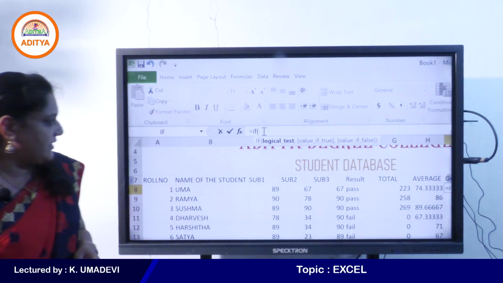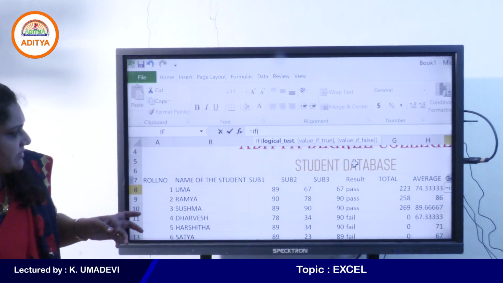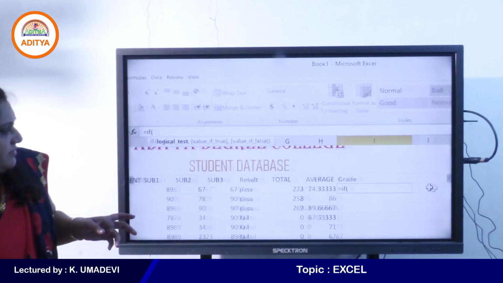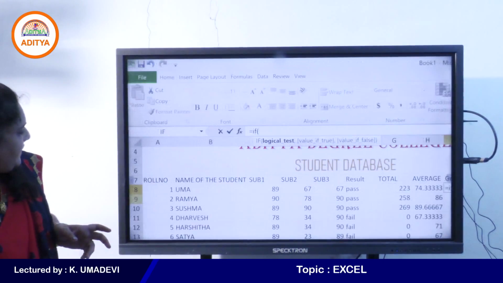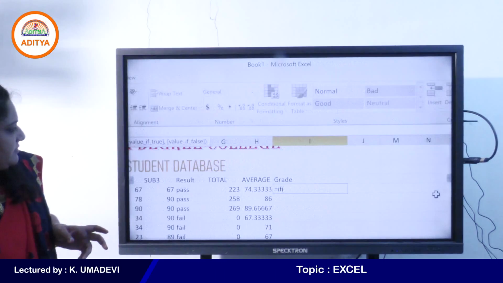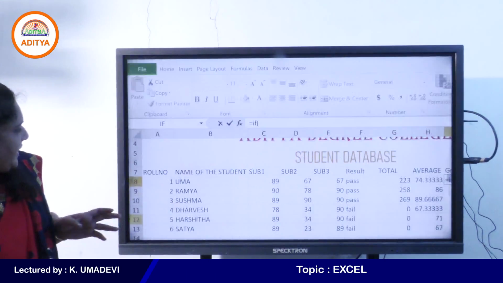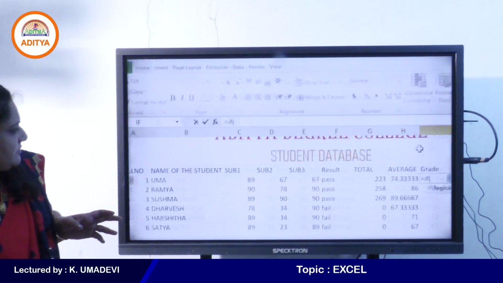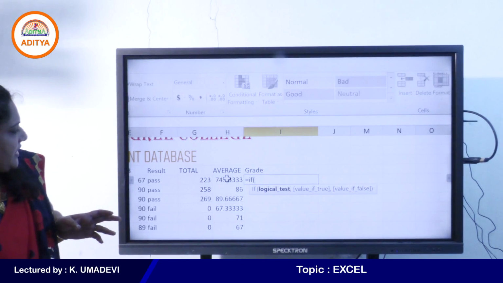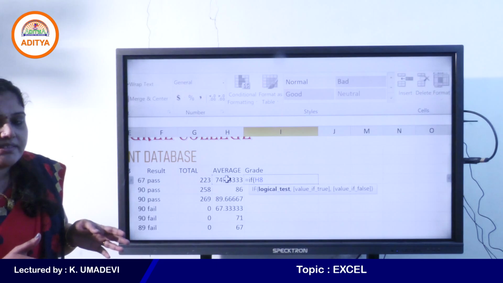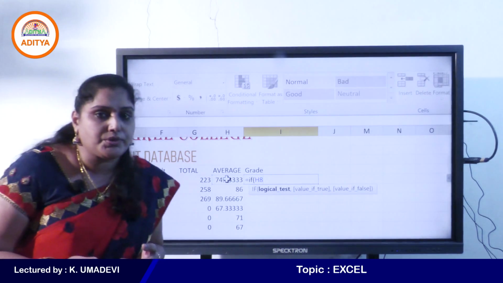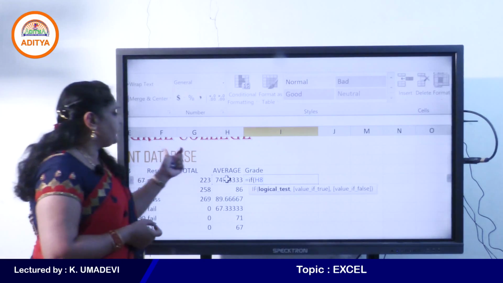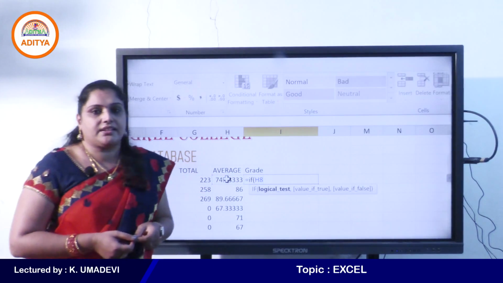So what is the active cell address, students? I8, right? So this is active cell address, that is I8. But the average marks are available in column H. That means we need to test the condition with H8 cell, right?